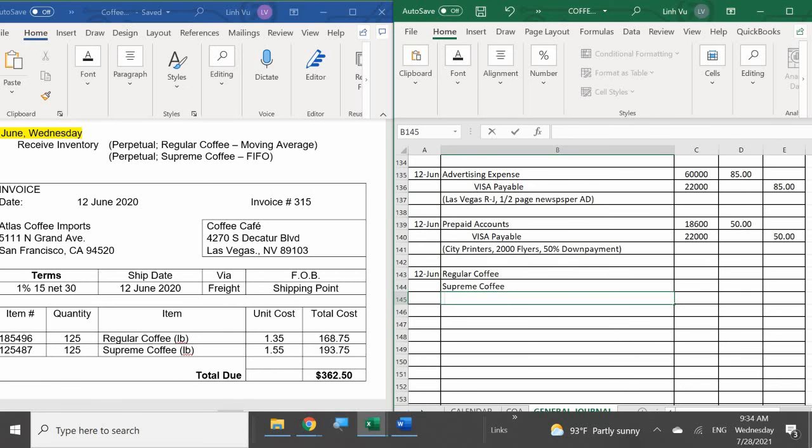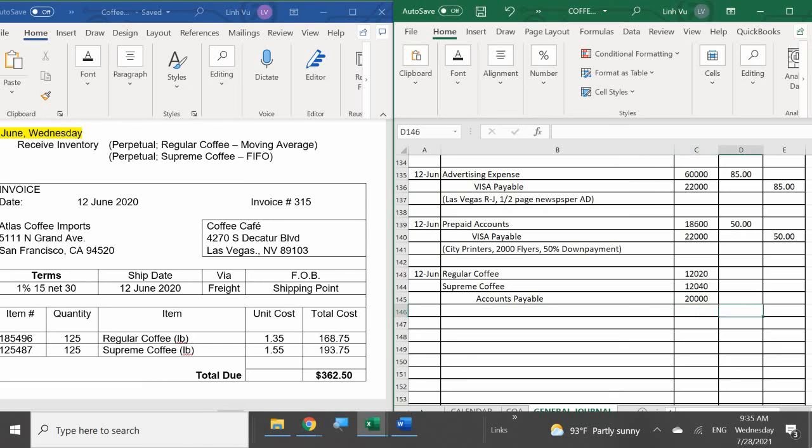And I received a bill with terms. If I received a bill with terms, what does that tell me? Am I going to pay for it now? No. So in this case, what account do I need to associate with paying for this coffee on account? Accounts payable. Okay, so the regular coffee was 12.20, supreme coffee was 12.40, and my accounts payable should be